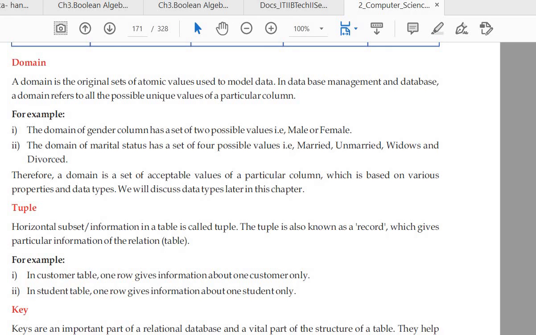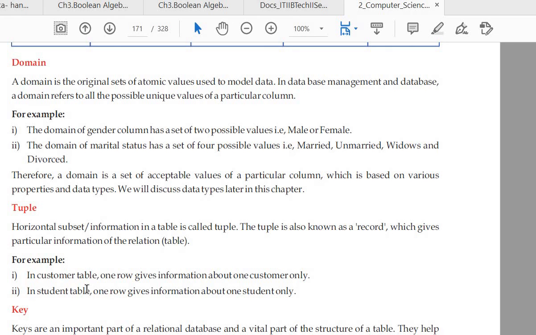And what do we mean by atomic? Atomic means indivisible values. If we talk about the phone number, the set of 10-digit phone numbers is a domain.